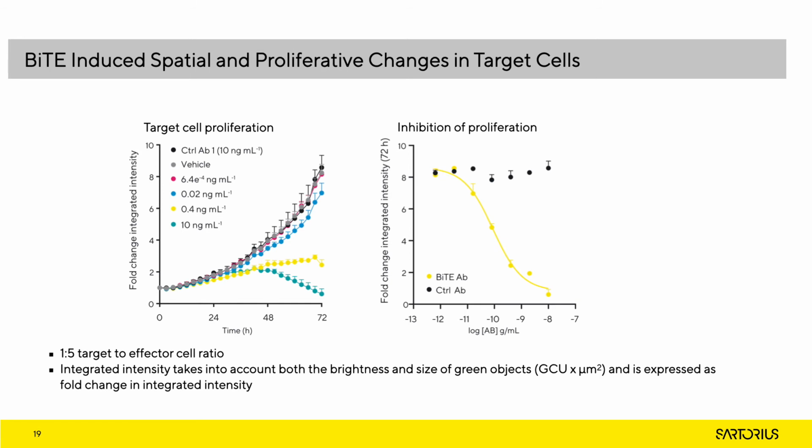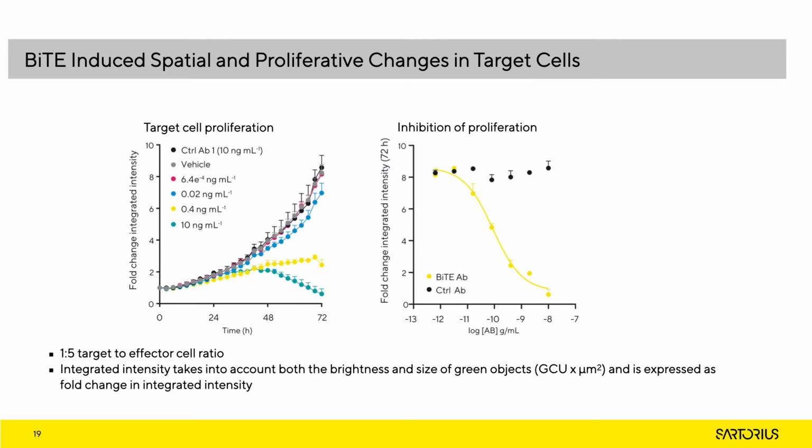BiTE antibodies have been engineered to contain two separate receptor binding domains, allowing them to bind to the CD3 receptor found on T cells, as well as a tumor-associated antigen such as CD19. When the BiTE binds to the T cell, it is able to initiate activation of the T cell, as well as binding the target cell expressing the specified antigen. This interaction brings both target and effector cell into close enough proximity so that the disease cell can be effectively